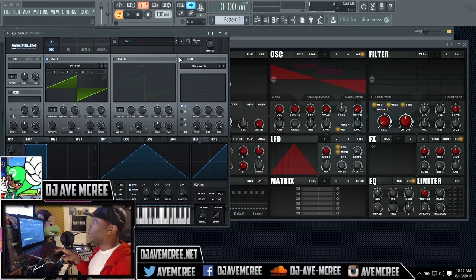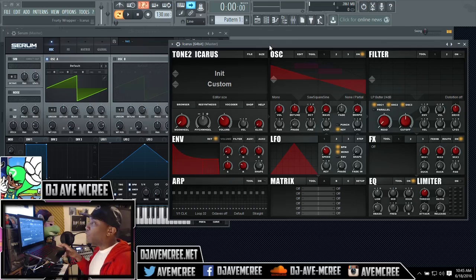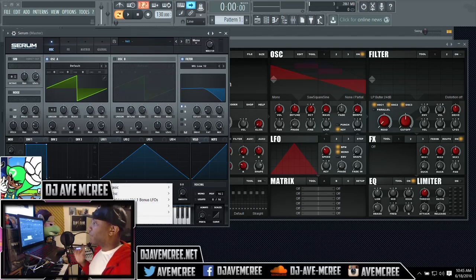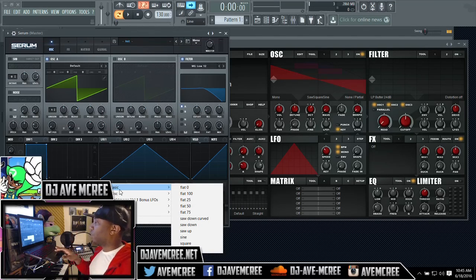Again, modulation within Serum is a bit funner to do. It's just fun to do, and within Icarus, it's fun as well. But and then on top of that, the visual helps more for that matter. But again, we're gonna talk about some of the things that I wanted to show off in terms of